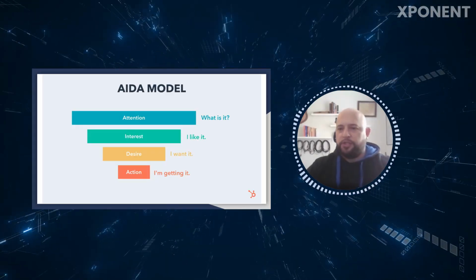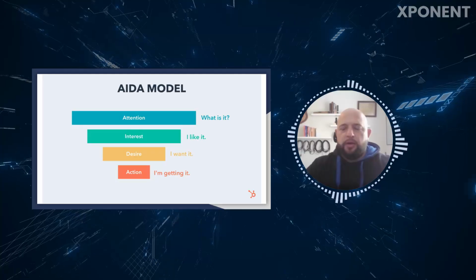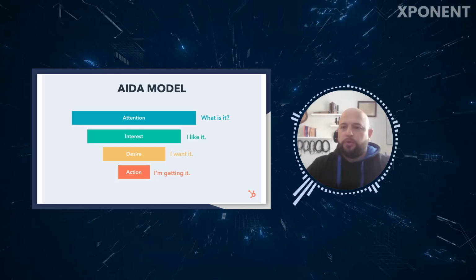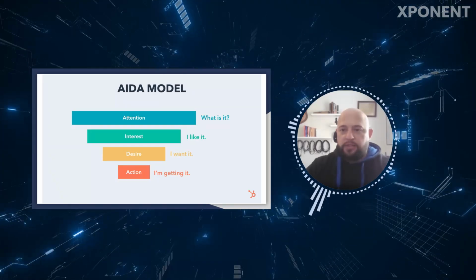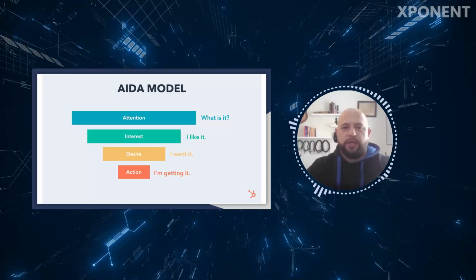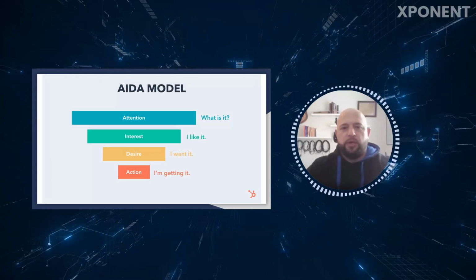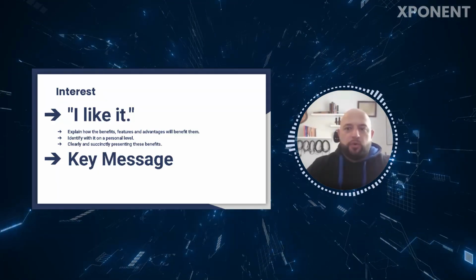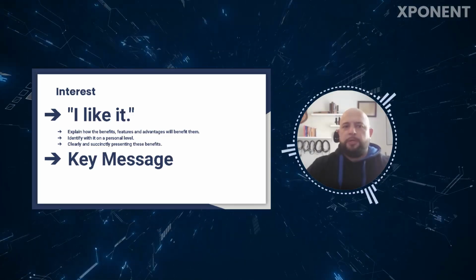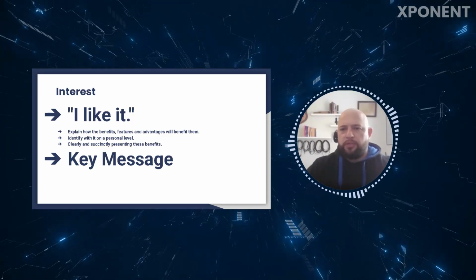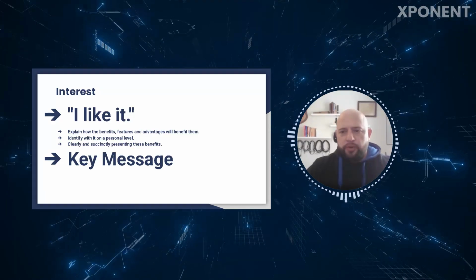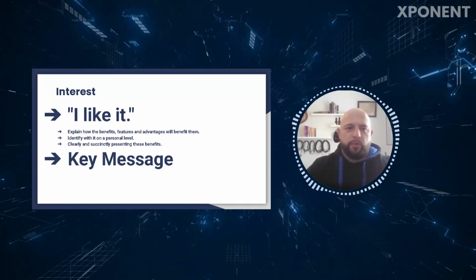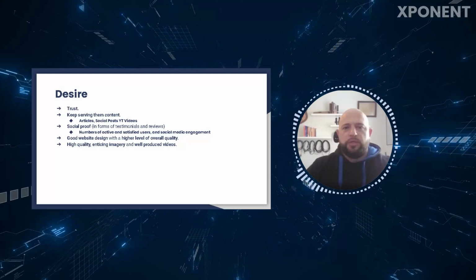Remember, we covered attention, which is where we focus on grabbing their attention, obviously, the goal being to create curiosity, to create disgust, to create surprise, to create delight, something that will attract their attention. And then to move on to interest, being the part where we inject a key message. So from a shock and awe tactic, hey, I've grabbed your attention, to, hey, here are the benefits and features of what I'm actually talking about. This is how it will actually help you, and personalizing the message, basically trying to make the message more relatable, and then moving on to desire.